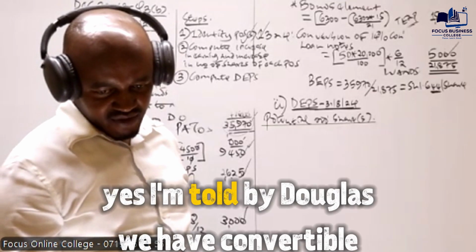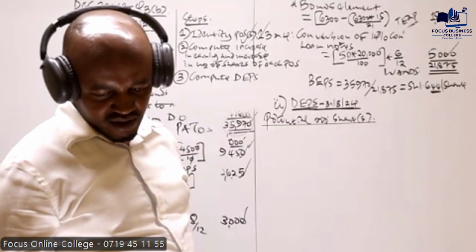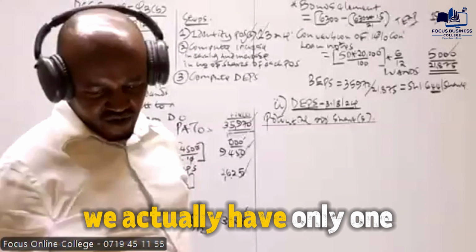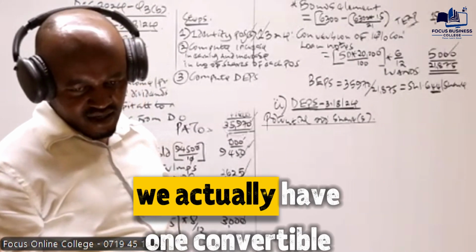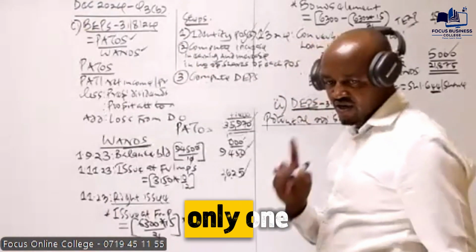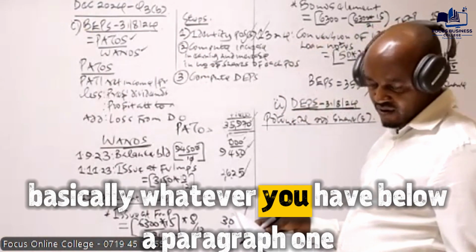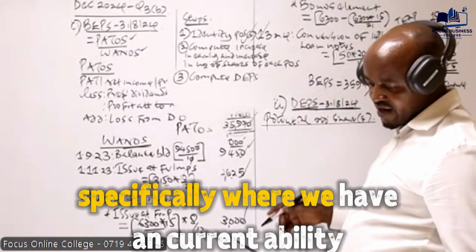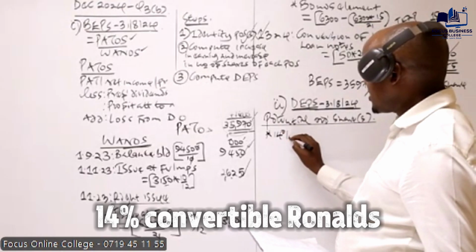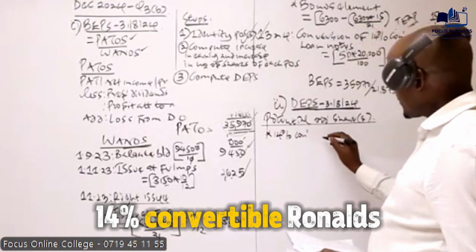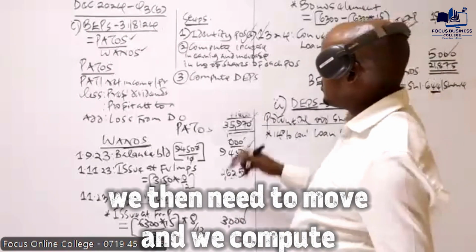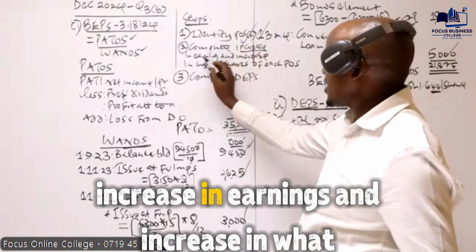Yes, I'm told by Douglas we have convertible notes. In our question here, we actually have only one potential ordinary share, which is below paragraph 1, specifically where we have non-current liability. That is the 14% convertible notes. Having that, we then need to compute these two items: the increase in earnings